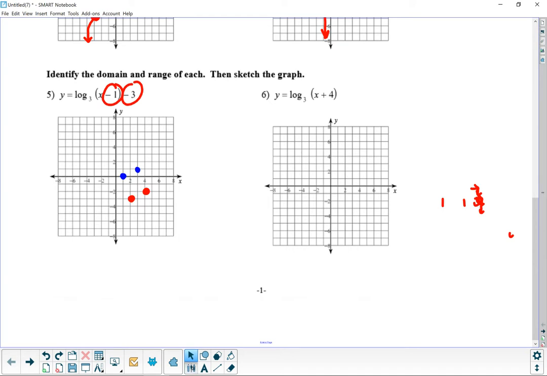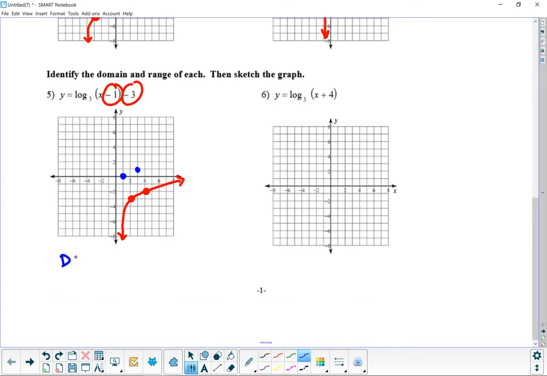Okay, perfect spot. Okay, and then you're going to go ahead and connect your points and make it look like a logarithmic graph. And then again, to the left of the first point, you're going to go maximum of 1 unit over, and you're going to go straight down from there. Okay, so that's our graph, and then I think it's easier if we graph it, because now we can see that our domain